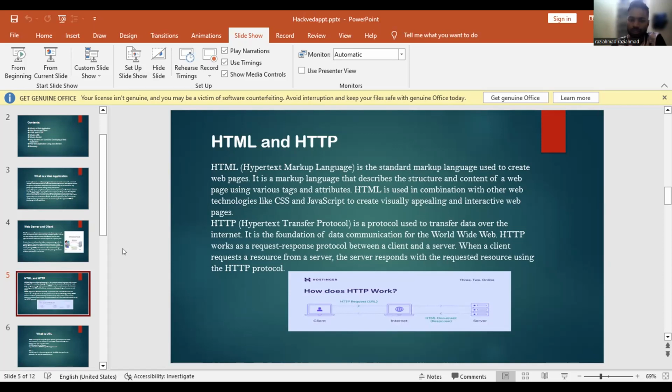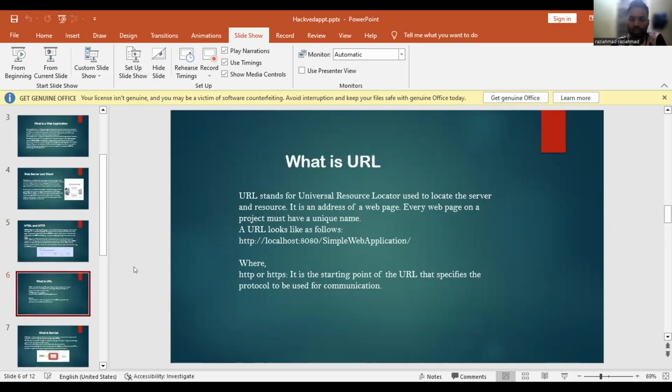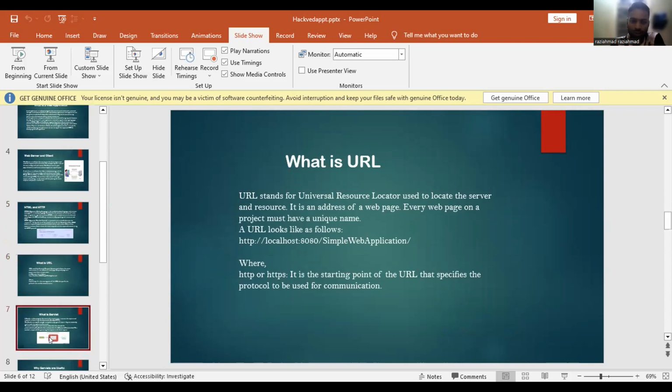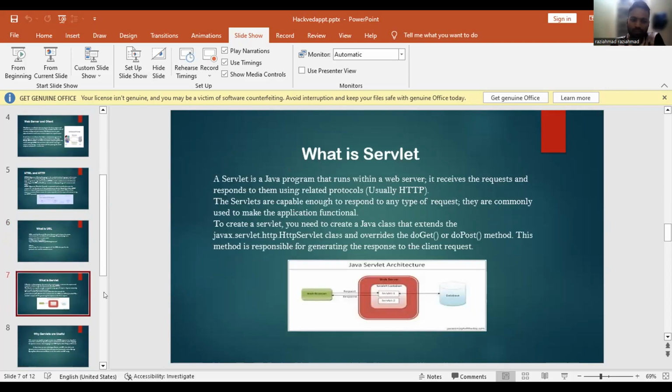Every page in a project must have a unique name. Means the URL has to have a unique name, like http://localhost. Here HTTP is the starting point of the URL that specifies the protocol to be used. Related protocols. The servlets are capable enough to